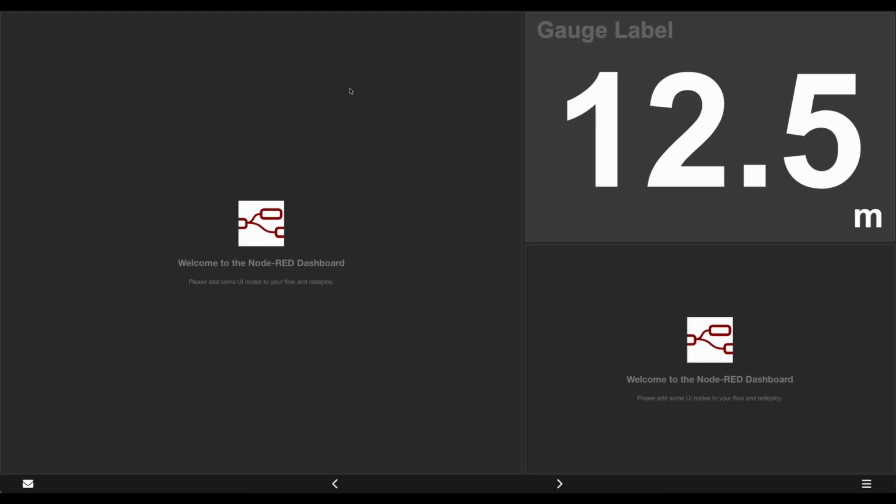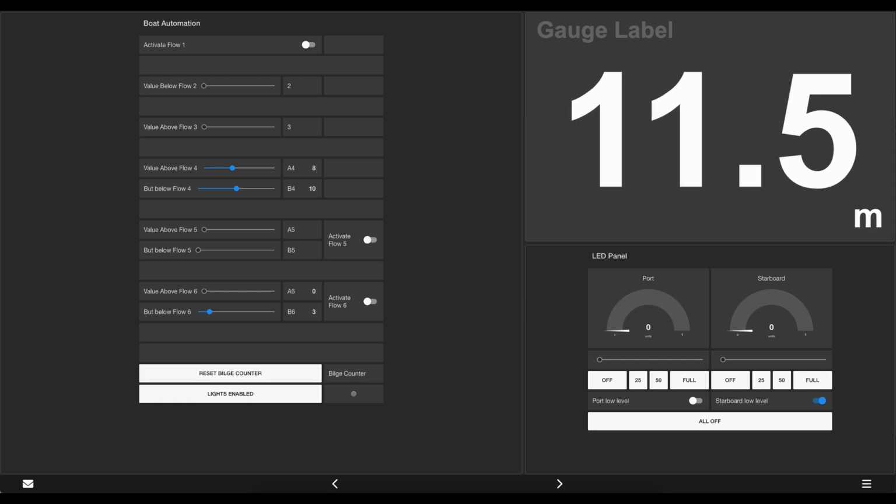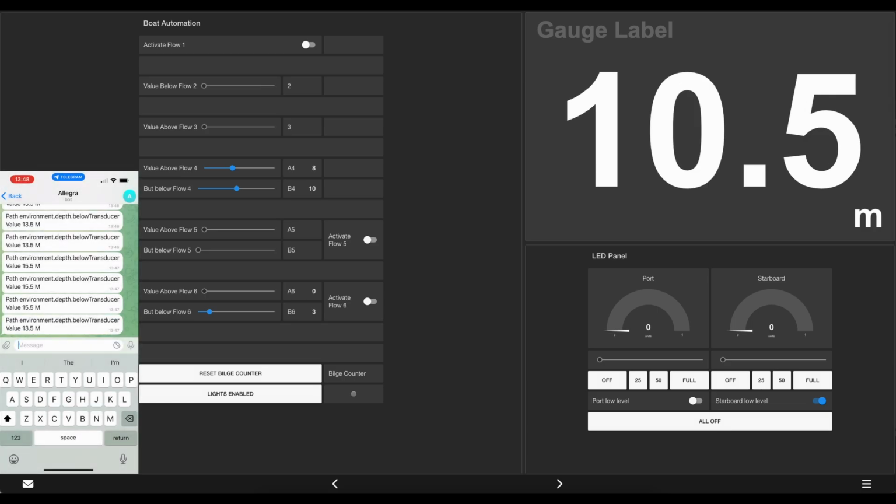So this time I'm going to say that I only want the data to be seen between 8 and 10 meters. So we'll set the bottom one at 8, but it's got to be below 10. So there we go. So at the moment we're at 12.5 meters. So that's not going to come through, and we will drop that down. So as soon as we come below 10,